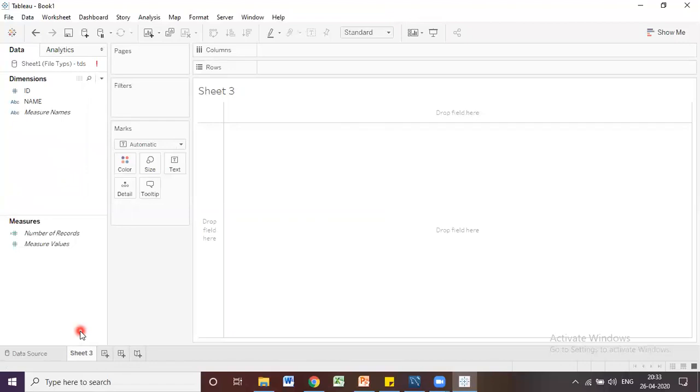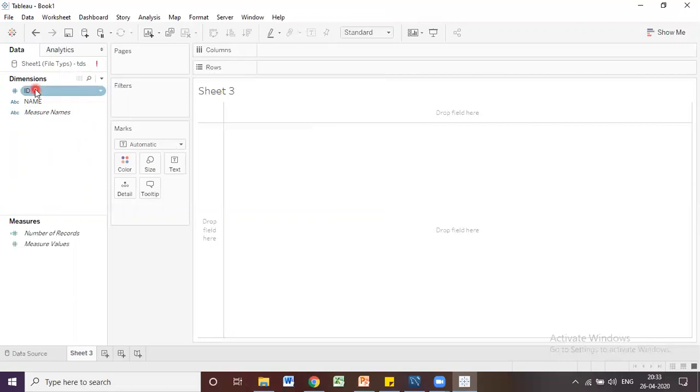Now, have you guys observed any difference? Yes, we have observed the difference. After this data source name, we can see one red exclamation mark, which means there is an issue. Wherever you see this in the Tableau workspace, after the data source name or column names, it is saying there is an error. Now let's keep the mouse cursor on top of this. It will show a message: there was a problem connecting to the data source. Try editing the data source. It is saying there is an issue connecting to the data source.